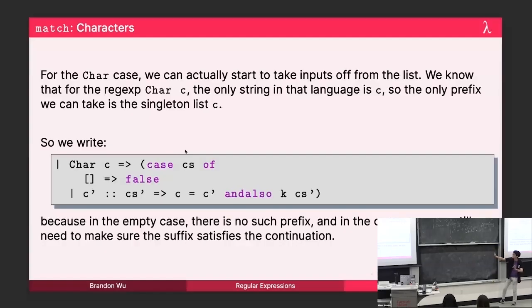The entire point of this is I take a C off if I can find it. Okay. If I can't find it, right? If this is not true, this whole thing is false. Right. If I can't take a C off, no bueno, donezo. Right. I cannot make progress. Otherwise, but also I need to make sure the suffix is true. Okay. I'm taking care of two things: prefix and suffix. That is all we're doing, okay? Otherwise,